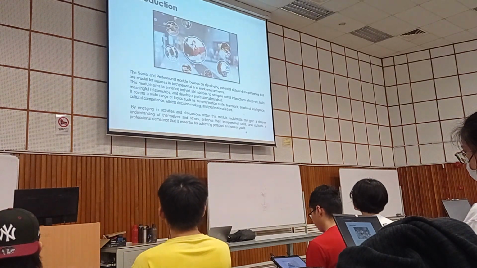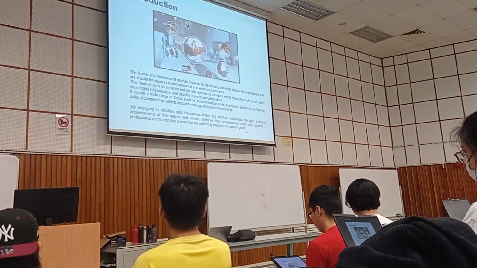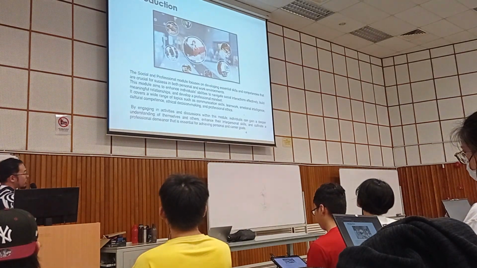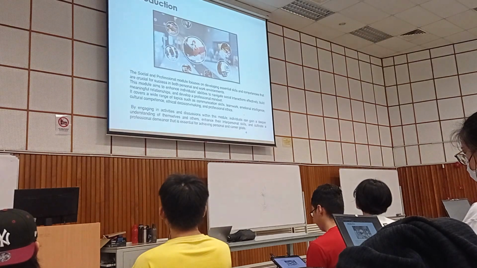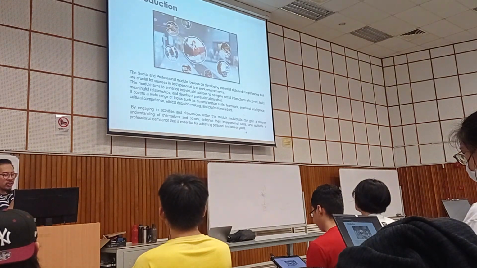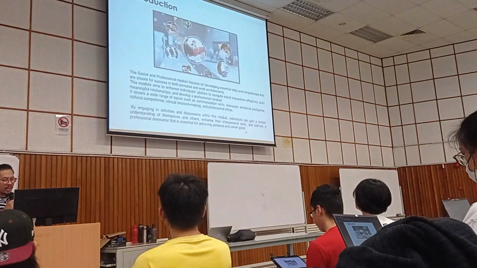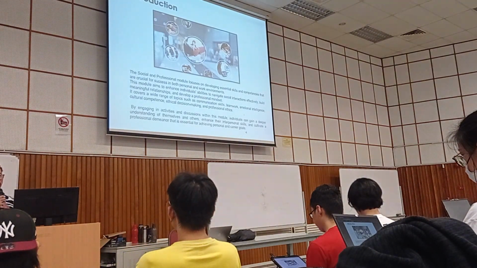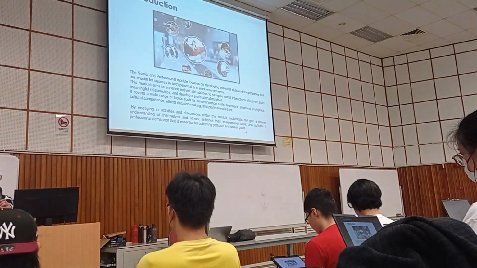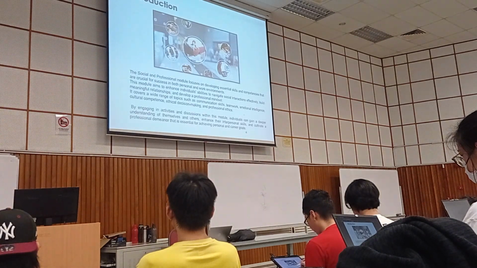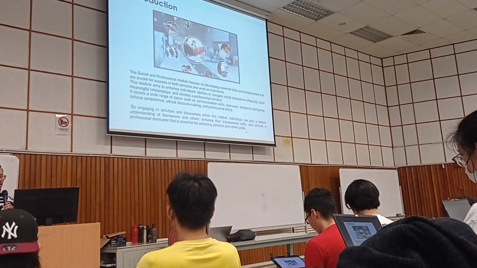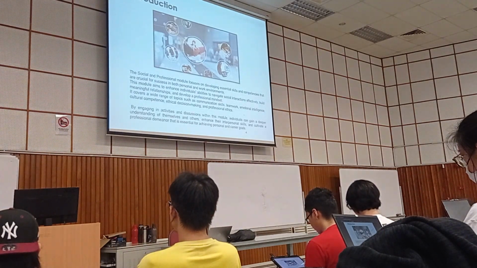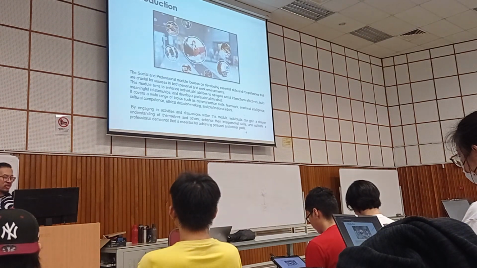So what does it mean? When we talk about the social and professional module, it focuses on developing essential skills and competencies that are crucial for success in both personal and work environments. It's not about just work, but also how you can improve your personality and how you connect yourself with other colleagues in the work environment. That is what we are talking about with SPI, the social and professional module.